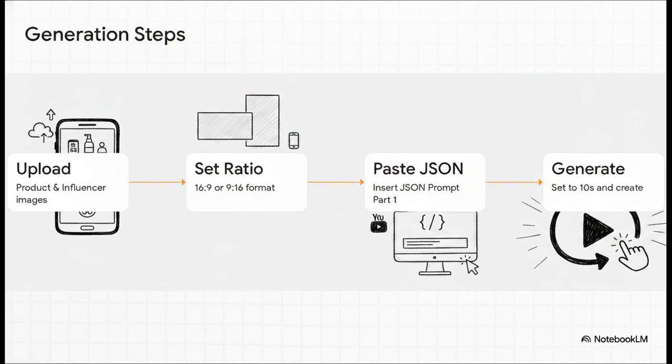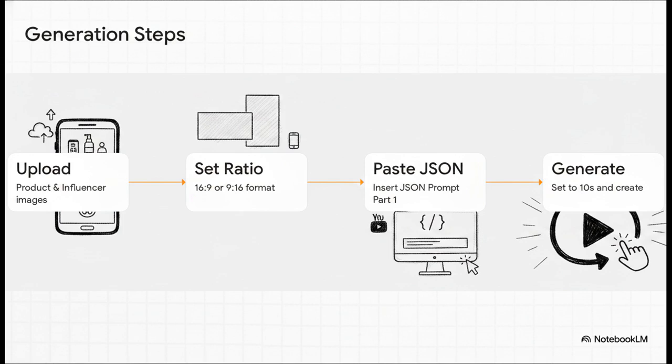Okay, let me be your over-the-shoulder guide for a second here. It's literally just 4 simple clicks. Step 1, upload those product and influencer images we prepared earlier into the workspace. Step 2, pick your aspect ratio. Go with 16:9 if you're making a standard YouTube ad, or choose 9:16 if you're targeting mobile platforms like Reels